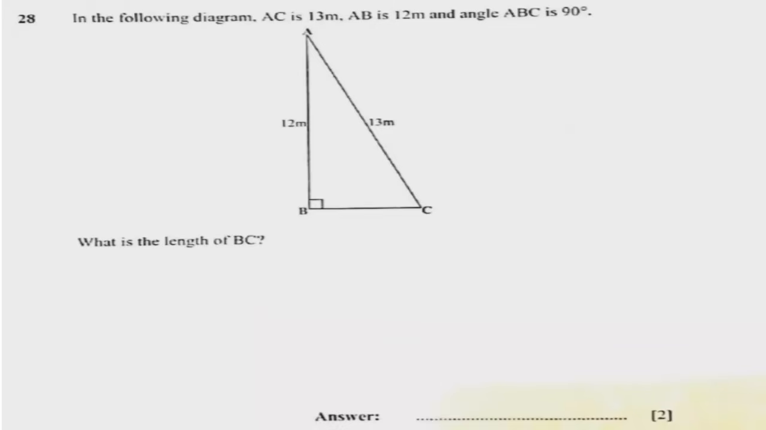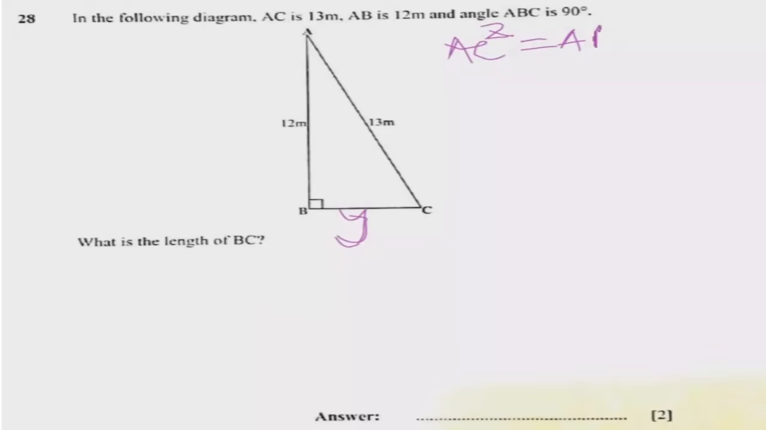The question is, we need to find the length of BC. This is the length of BC, and we can call it Y. Using the Pythagoras theorem method, we identify the hypotenuse. We know the hypotenuse is AC. So we can say AC squared is equal to